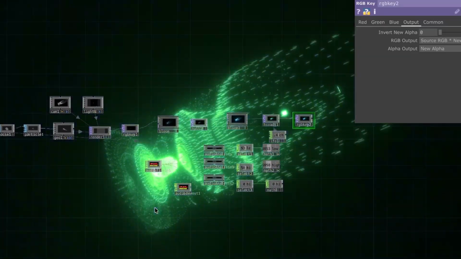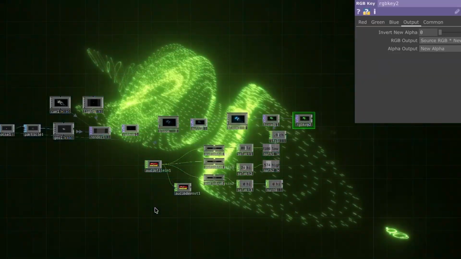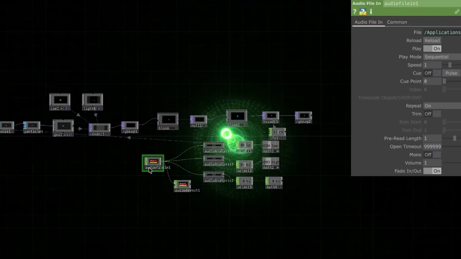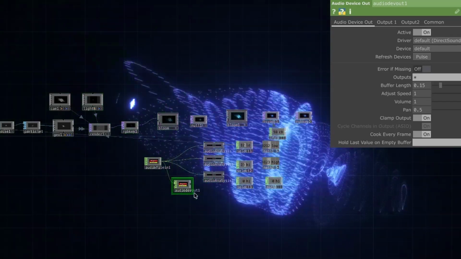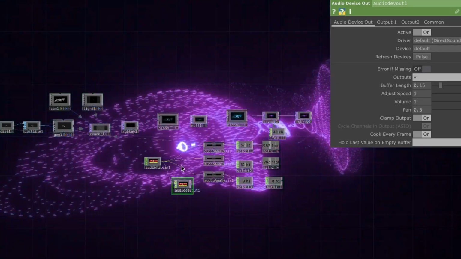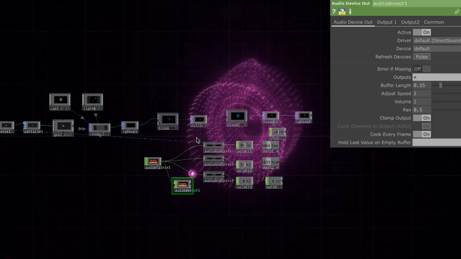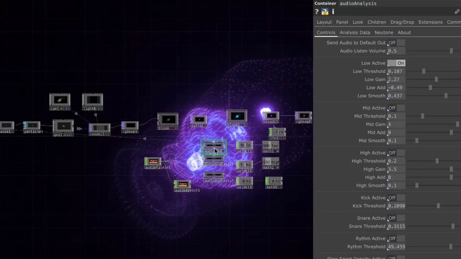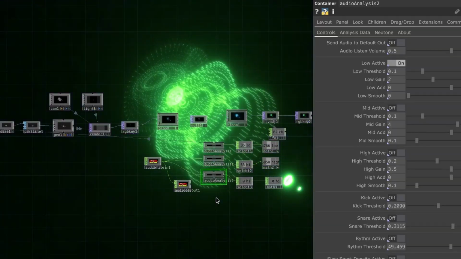Now to make it audio reactive, you have to output the metrics from the audio. So for that, obviously, as you can see, I have inputted the audio file here, and then this is the device out that basically plays the audio. It has nothing to do with the generation part. Then the audio analysis is here, and this is very important. This is basically done to generate different mathematical outputs and use them to our own convenience.